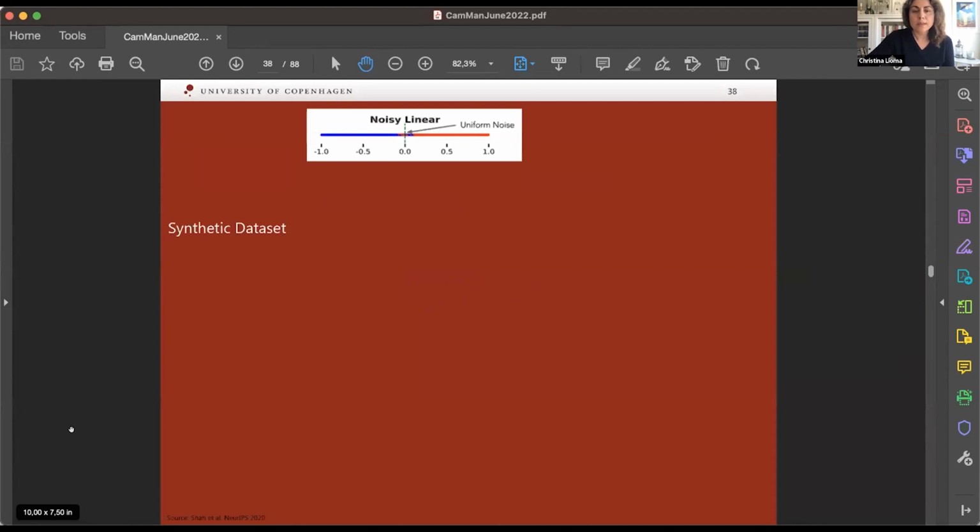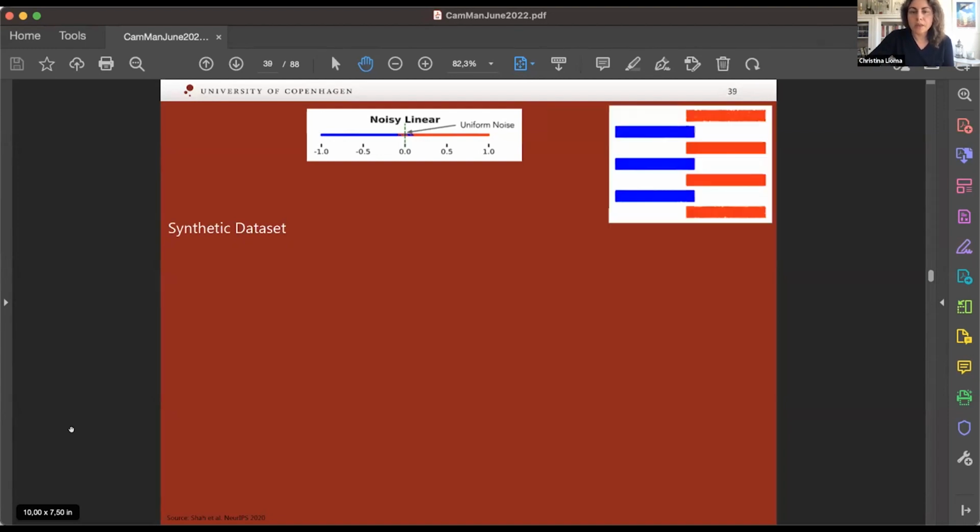The first type of synthetic data set is produced by generating data points that belong to two classes, the blue class and the red class. 95% of the points are easily linearly separable, but 5% of the data points are generated with noise. So there is an overlap in the middle where the arrow points, and that makes this data set a bit trickier to classify. Using this generation of data points, we get a data set that looks like this. This is very similar to the data set I showed earlier for defining feature complexity.